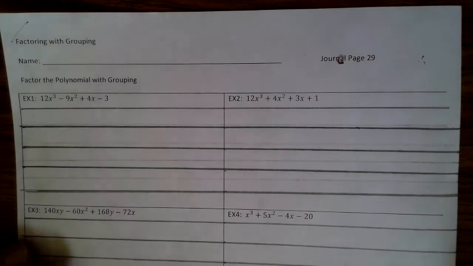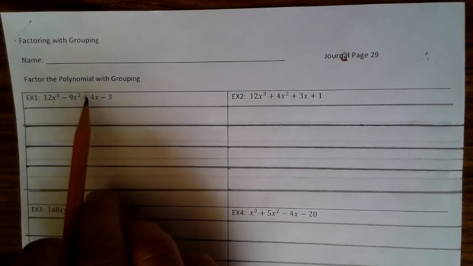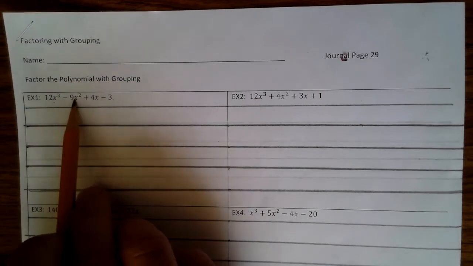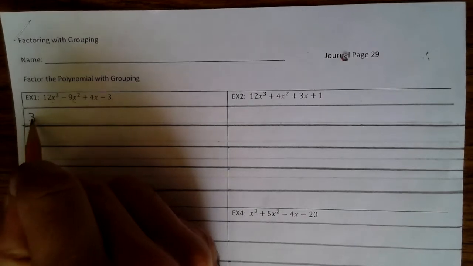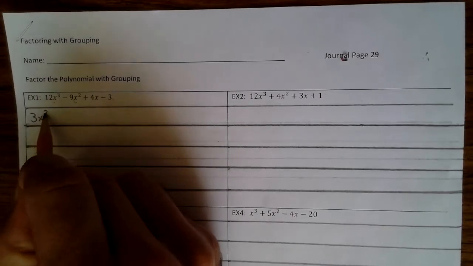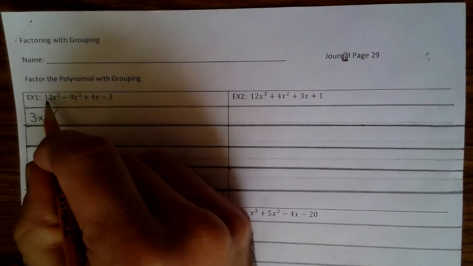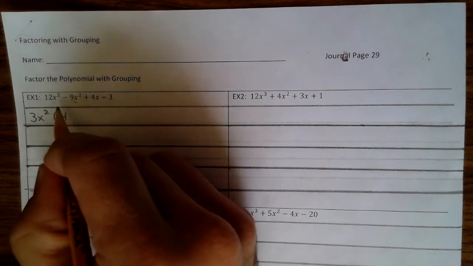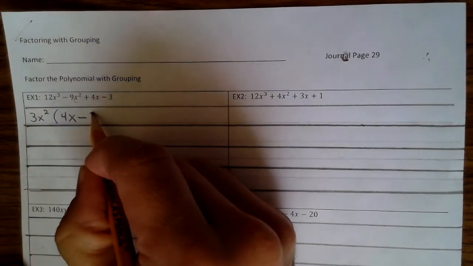Example number 1. Now, what you want to do in factor by grouping is you want to see what you can factor from the first two terms and the second two terms. So it looks like here we can divide both of these terms by 3 and we can factor out an x squared. So that would be the greatest common factor would be 3x squared, which leaves 12 divided by 3 is 4. You've taken out 2 of the x's, but there's 3, so there's 1 left. Minus 9 divided by 3